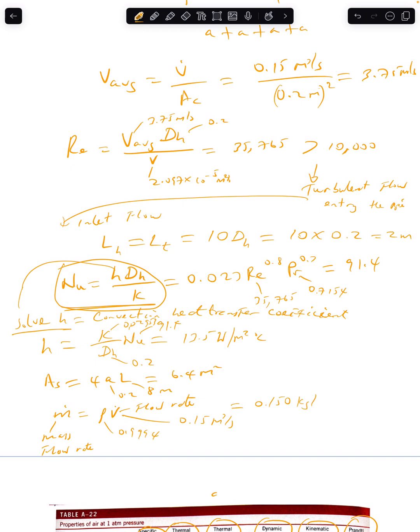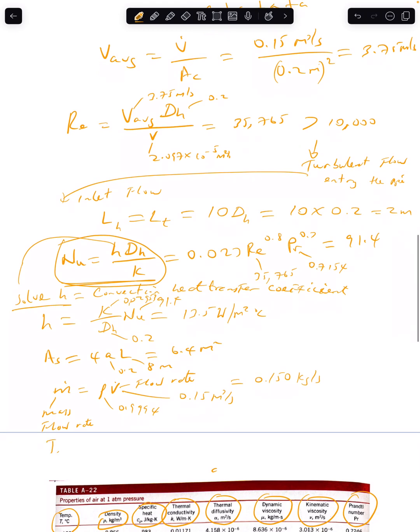0.150 kilogram per second. And therefore we can determine the exit temperature. So T exit, the outlet temperature, is equal to the surface temperature minus (surface temperature minus inlet temperature) times the exponent of negative h A_s